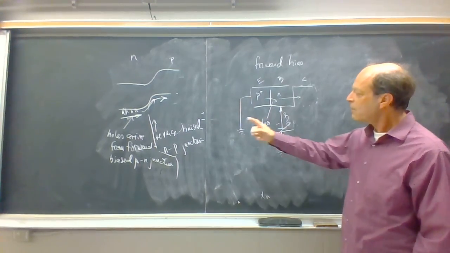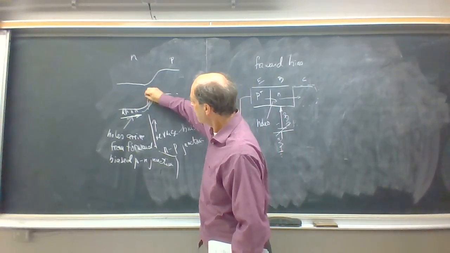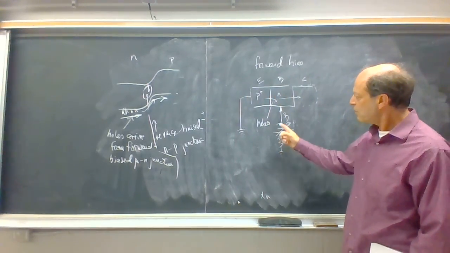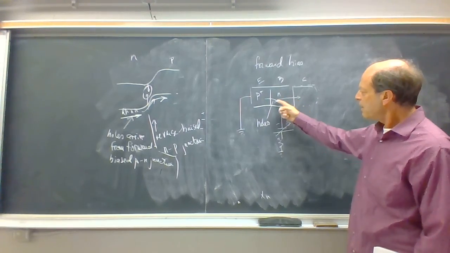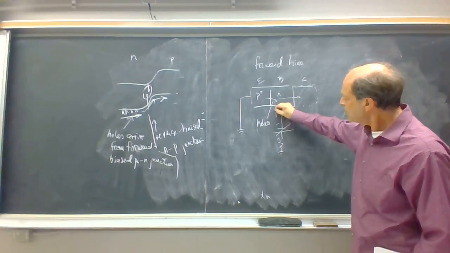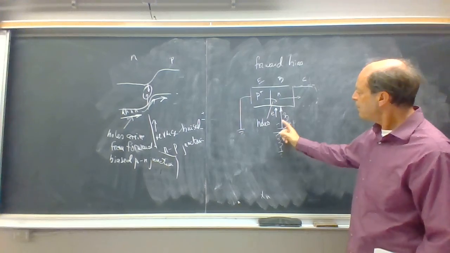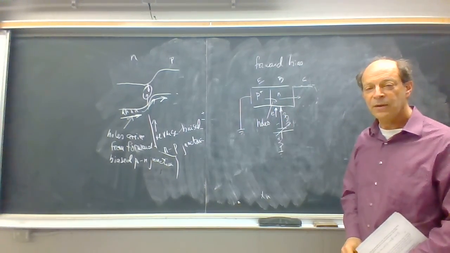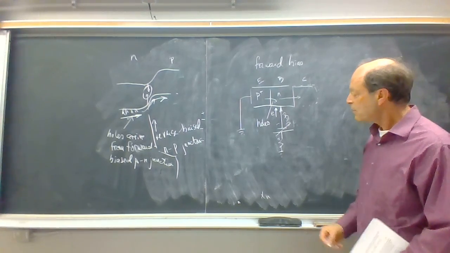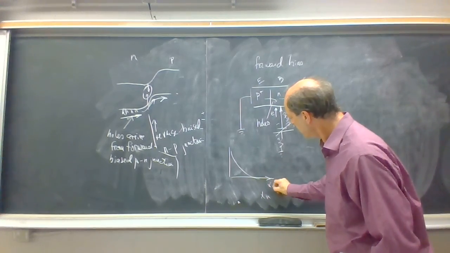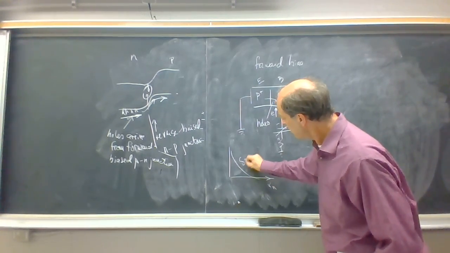On the other hand, some of these holes could recombine. So you could have recombination processes taking place as those holes pass through the base. And if a hole recombines, it must draw in an electron. So an electron must actually flow into the base to recombine with any hole that doesn't make it across. And you can see the hole concentration in the base